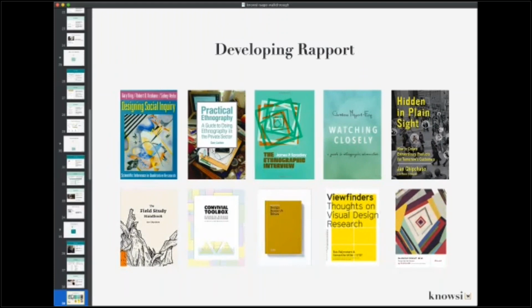All I can recommend, these are some really great books that have helped me through the process. Two of these are actually by Ian Chipchase, who's pretty great. Designing Social Inquiry, probably a lot of folks know from the social science context. And then this book here, the IDEO Book of Design and Research Ethics.